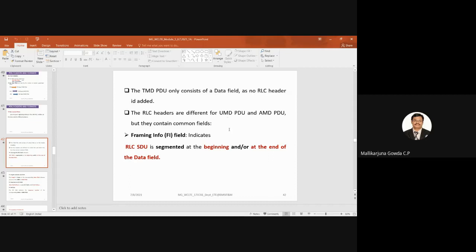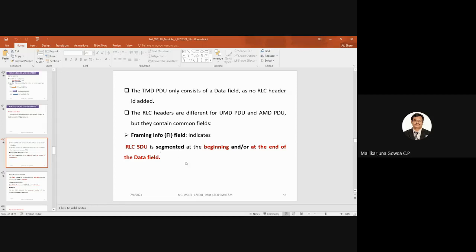Okay, so the first field is the framing information field. We call that the FI field. Framing information field indicates what? It indicates that the RLC SDU is segmented at the beginning or at the end of the data field.